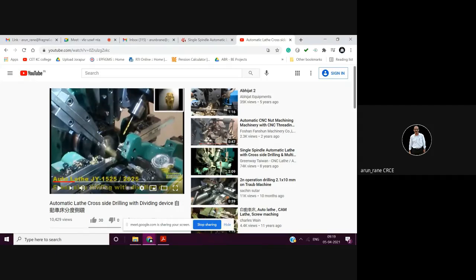So we are doing parting by two tools. Suppose this diameter is 25, with the help of the rear vertical slide, we do parting till dia 6 or till dia 8.